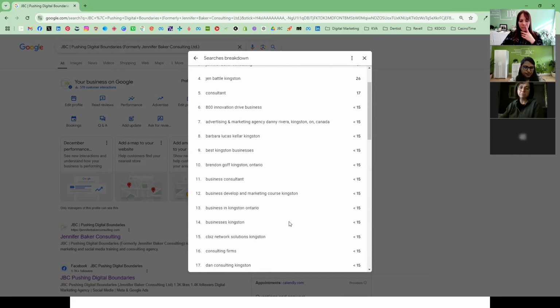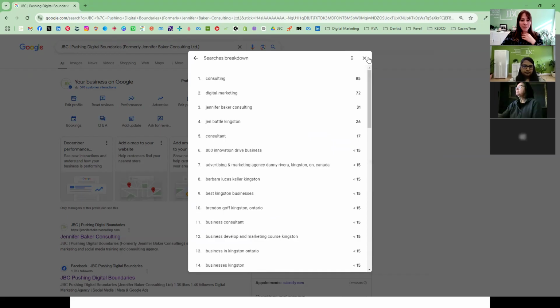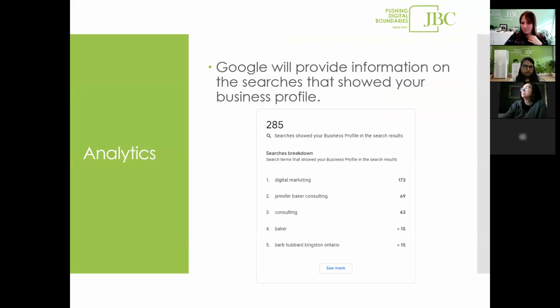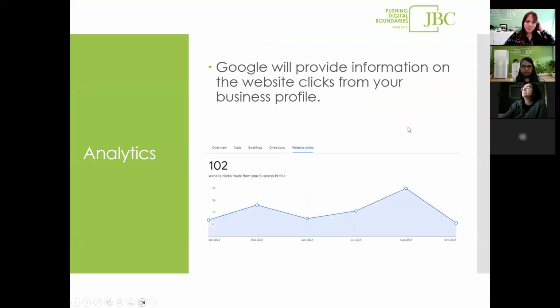It's always amazing to me. And like I said, Google's going to give you all these analytics, and you can do the past 6 months or 1 month, whatever you need for your reporting.